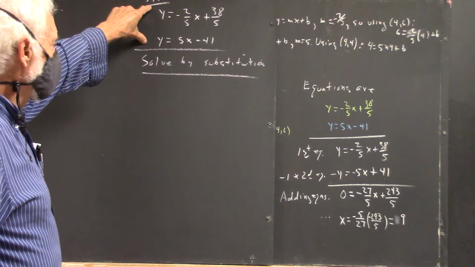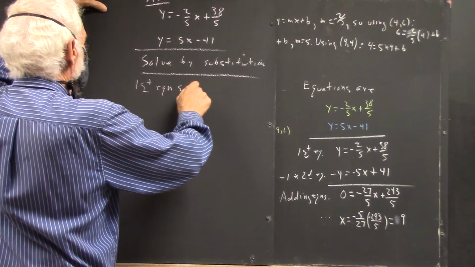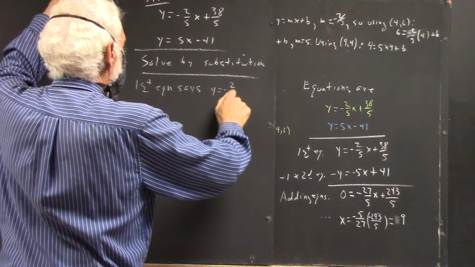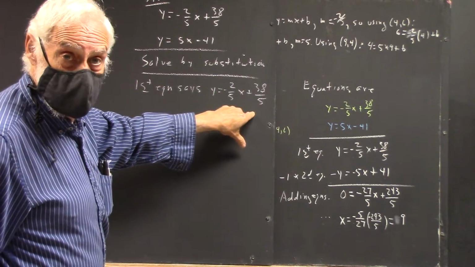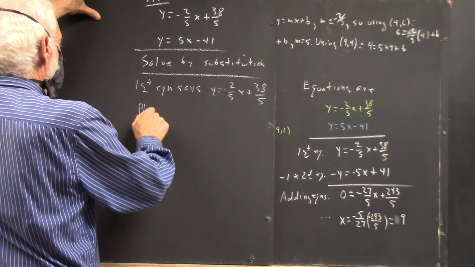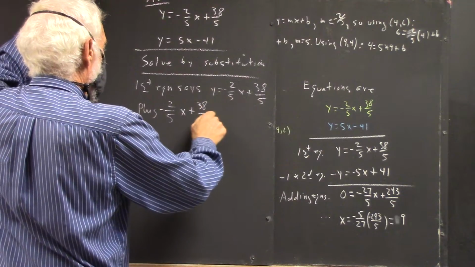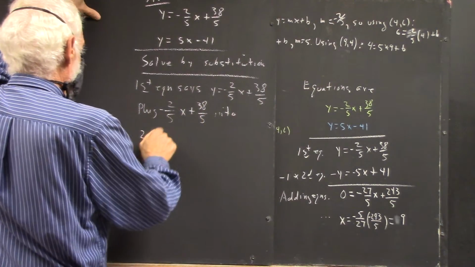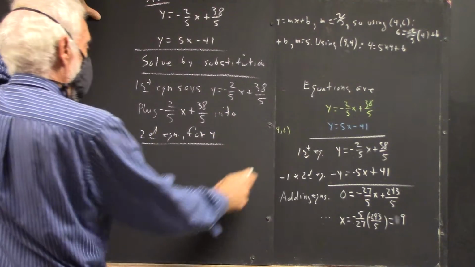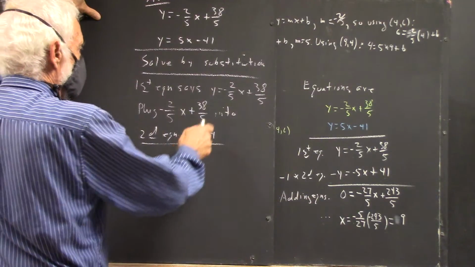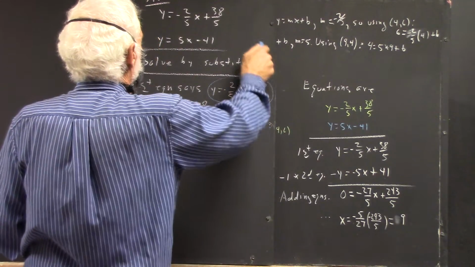We're going to solve the same system by substitution. And for this, well, the first equation says that y equals this, right? We're going to plug negative 2/5 x plus 38/5 into the second equation, plugging it in for y. What we're doing is taking this expression and plugging it in for y here,